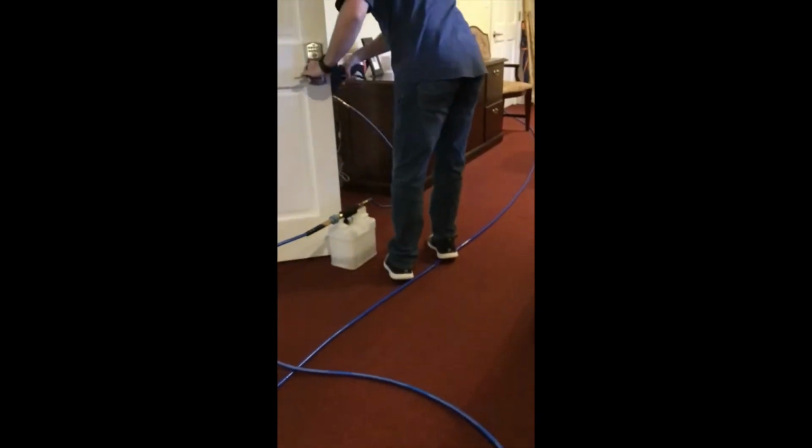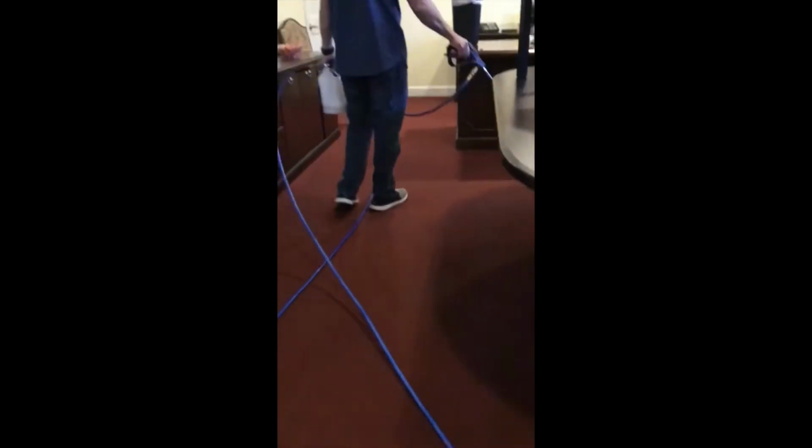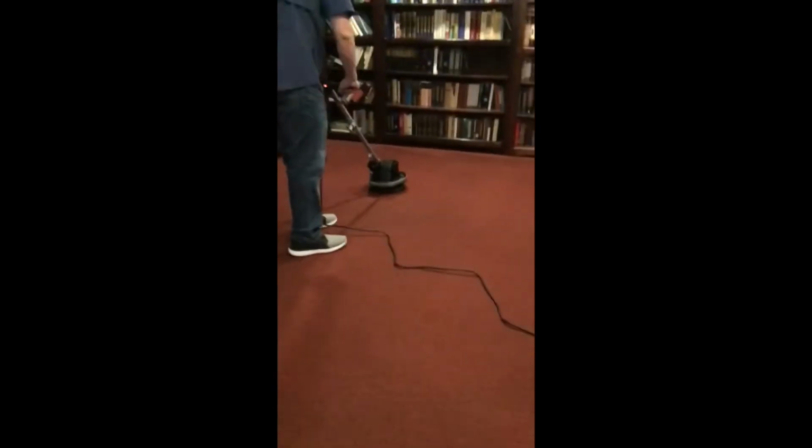Moving the chair out of the way. There wasn't really much furniture to move in this office. Most of it they had already stacked up for us. I think we had to roll some chairs out. But here I'm hitting some decently